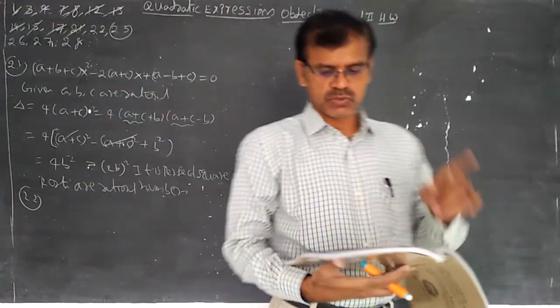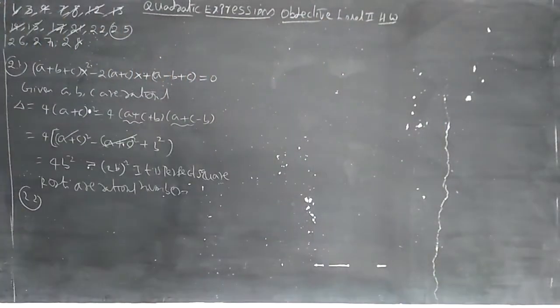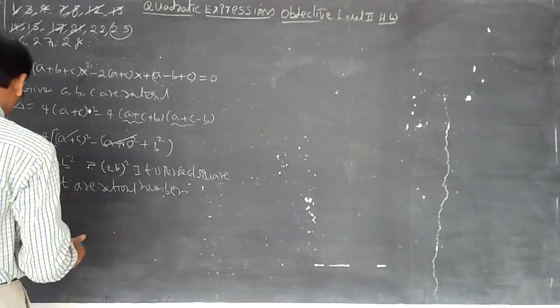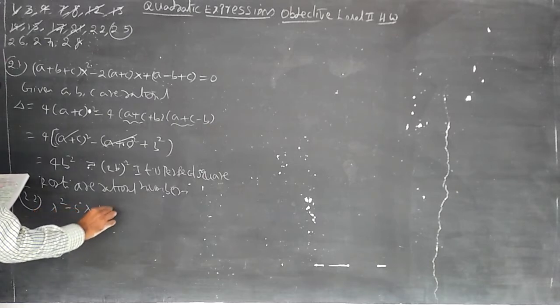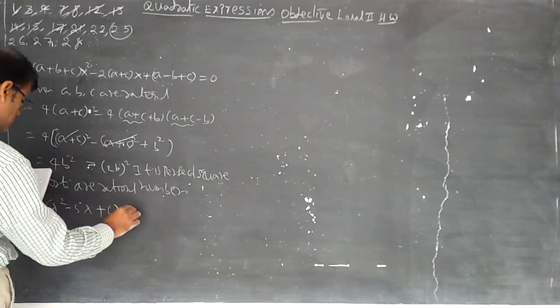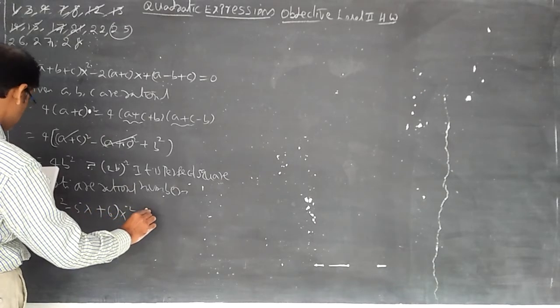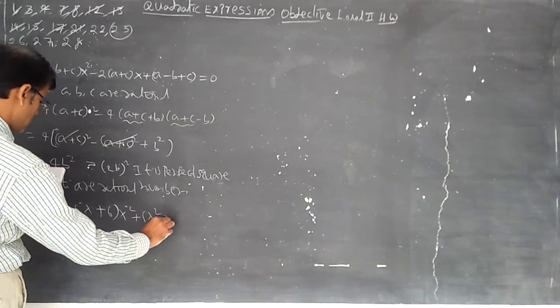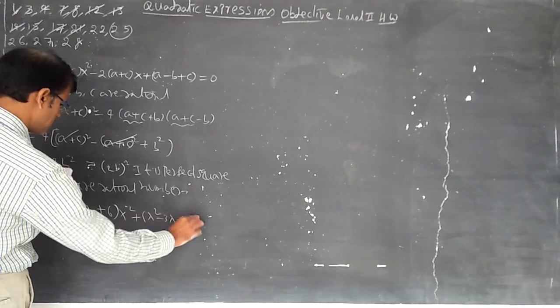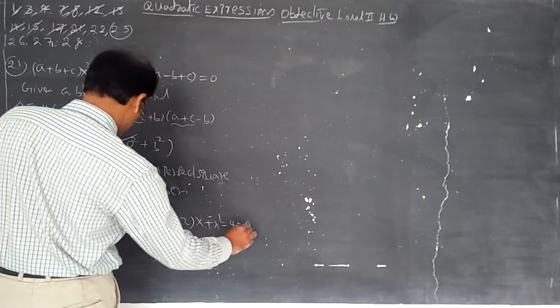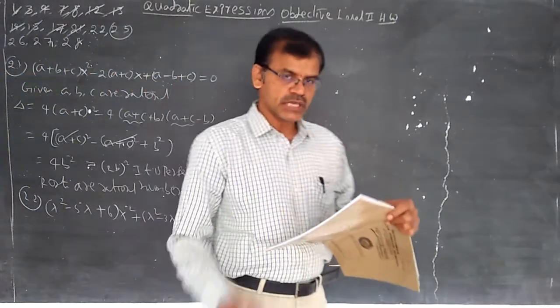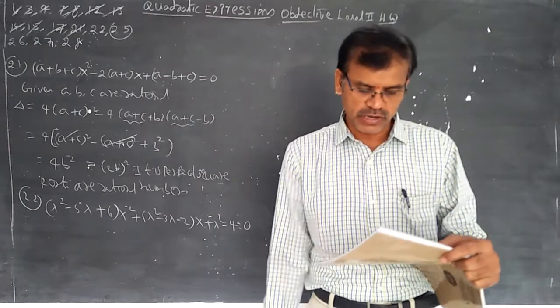22nd question. It is most important for MSET. You can see the question in any competitive material. Here you can understand it is a quadratic identity. If the equation (lambda square minus 5 lambda plus 6) into x square, plus (lambda square minus 3 lambda plus 2) into x, plus lambda square minus 4 is equal to 0 is satisfied by more than 2 values of x.